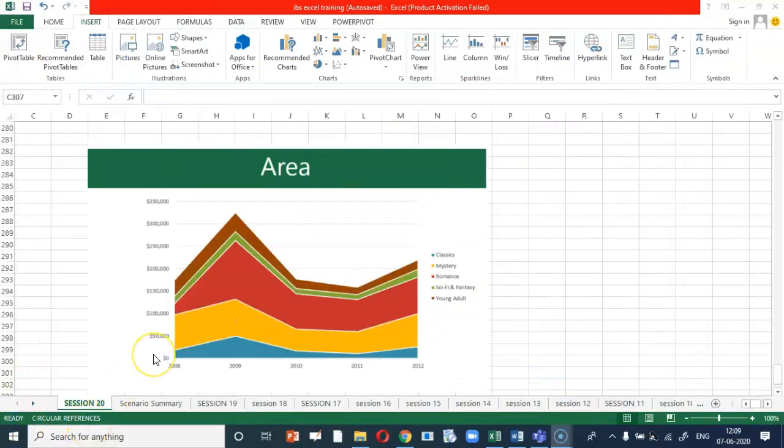We shall now discuss the area chart. An area chart is basically a line chart, but the space between the x-axis and the line is filled with color or pattern. It is useful for showing part-to-whole relations, such as showing individual sales representative contribution to total sales for a year. It helps you to analyze both overall and individual trend.